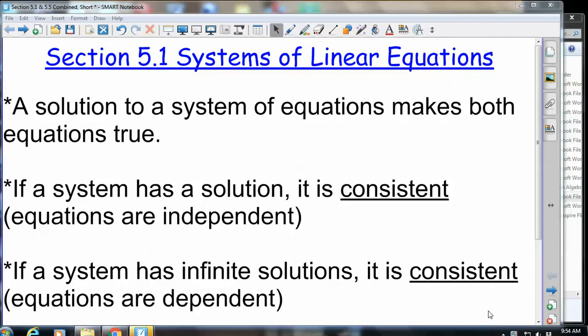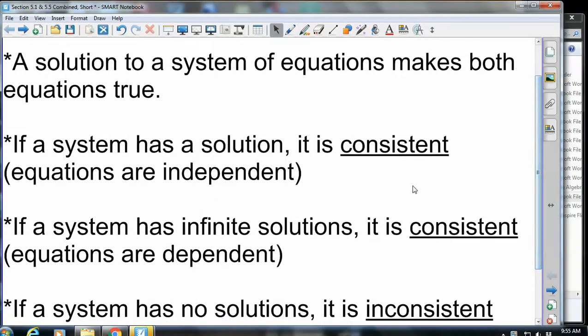Some terminology. When I talk about the solution, I'm asking for an ordered pair that makes them both true. So if you plug it in, it works for both. If it has a solution, we call it consistent. So if you solve it and you just get one answer, that's consistent. That means, I put here, the equations are independent. You have two different equations, so it would be like two lines